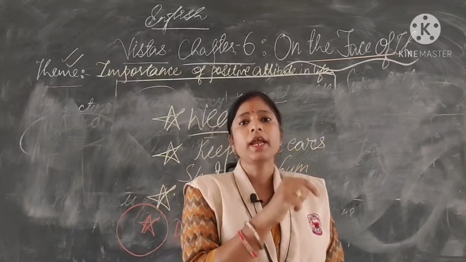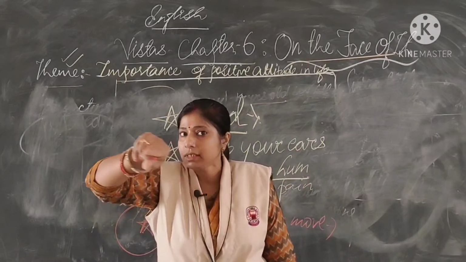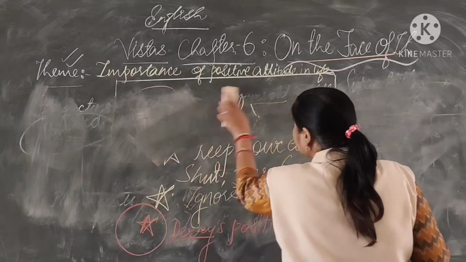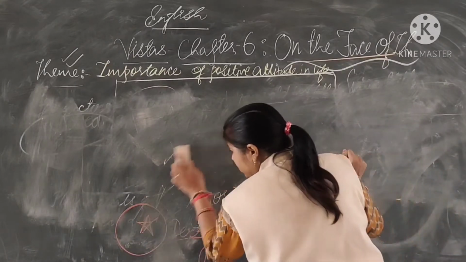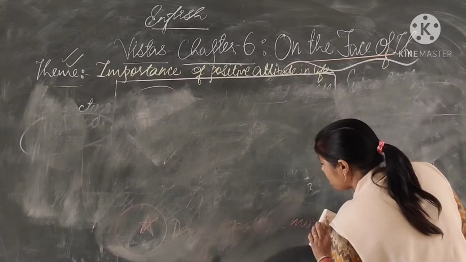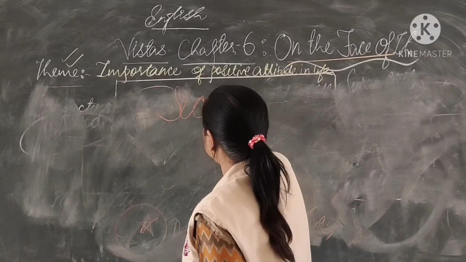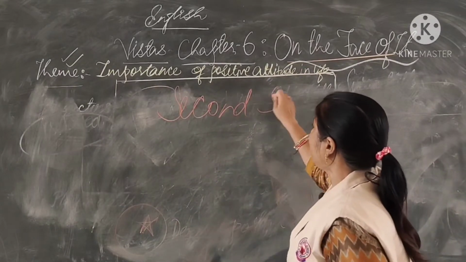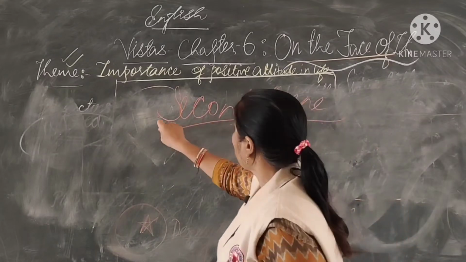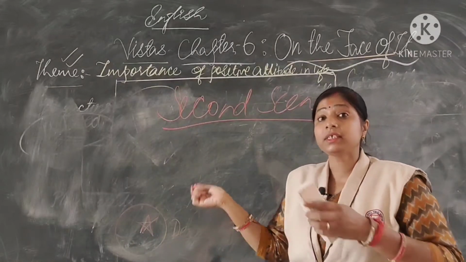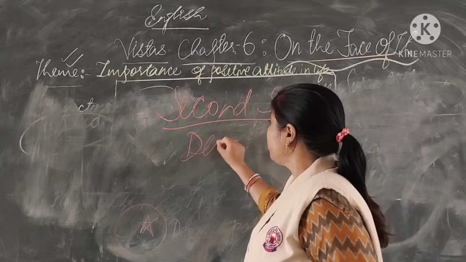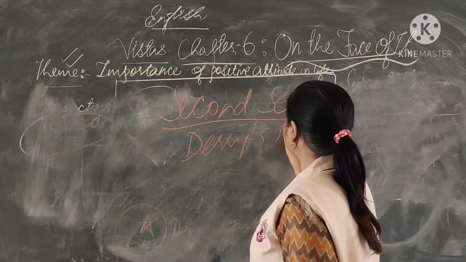And in the second part, there is a scene. Whose scene? Derry's house scene is there. In the second part we will see the scene of Derry's house. Over there, second scene, Derry's house. Derry's mother